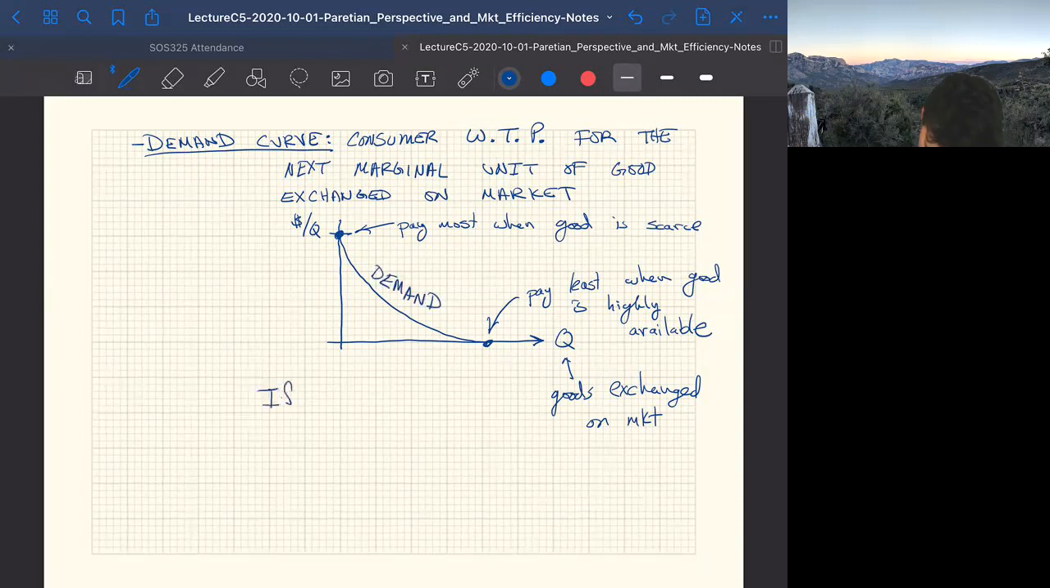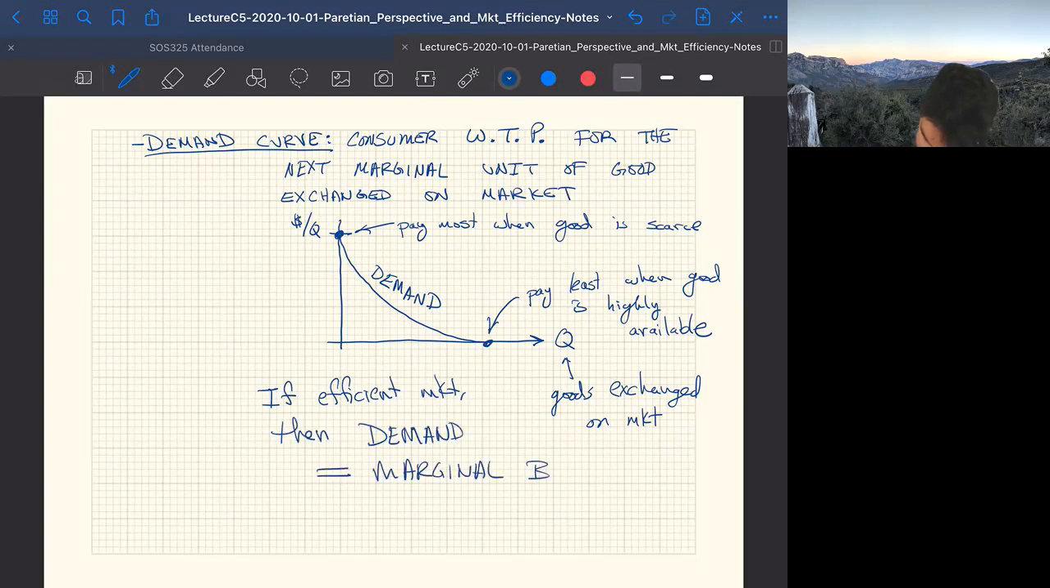Now, if we are in an efficient market, then the demand is equal to the marginal benefit. And so what do I mean by that? What I'm saying here is that